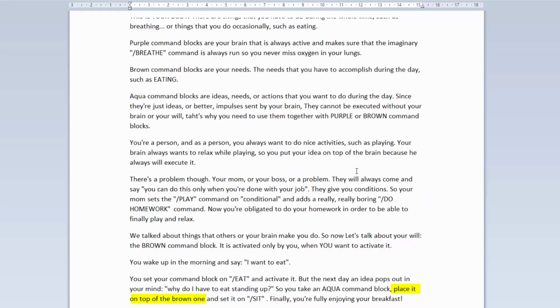Place it on top of the brown one. Place it on top of the brown one and say set. Finally, you're fully enjoying